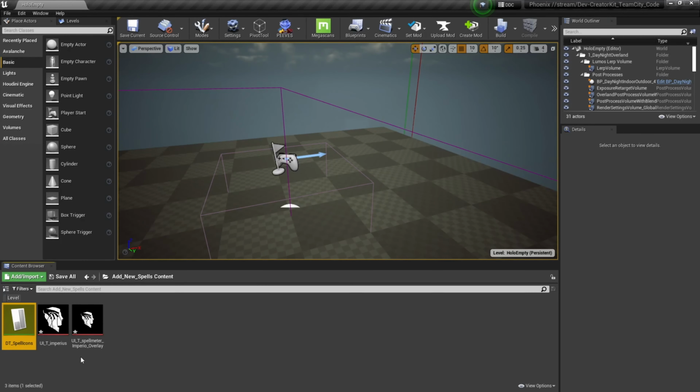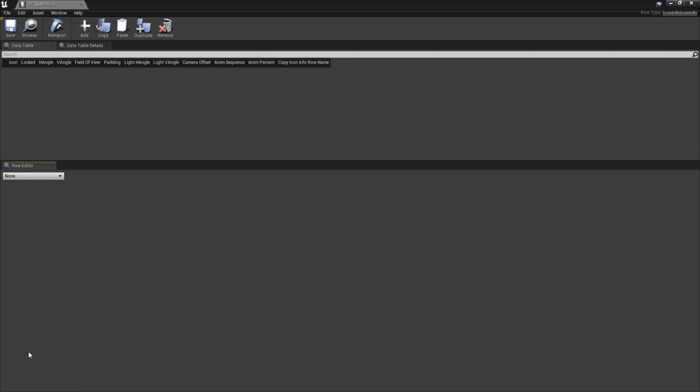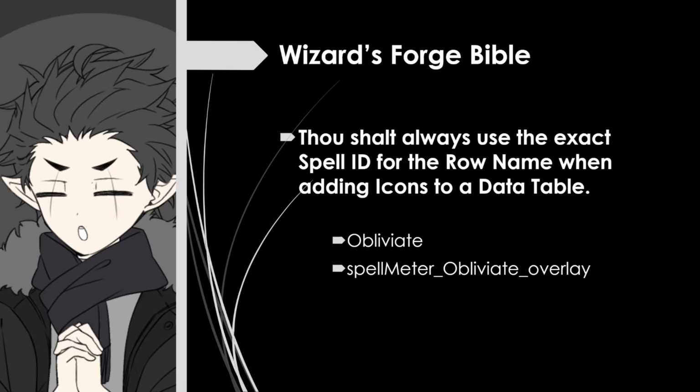And then we'll double click this dt_spell_icons to open it. Next, we're going to add 2 rows for those icons, but first let's consult our sacred text. This Wizard's Forge Bible is going to be a list of commandments based on mistakes that I made, so you don't have to. This commandment: thou shalt always use the exact spell ID for the row name when adding icons